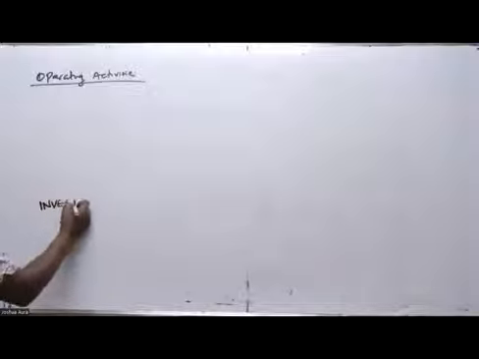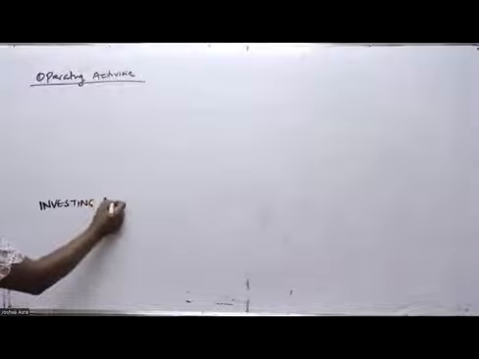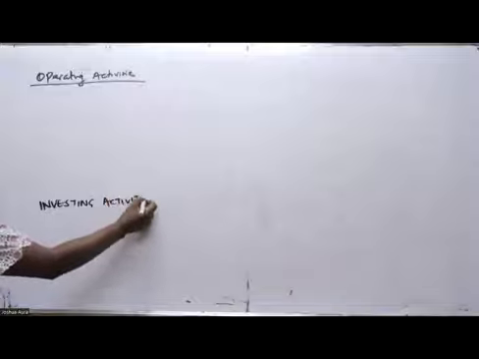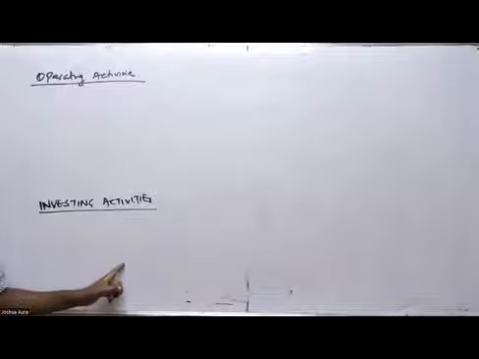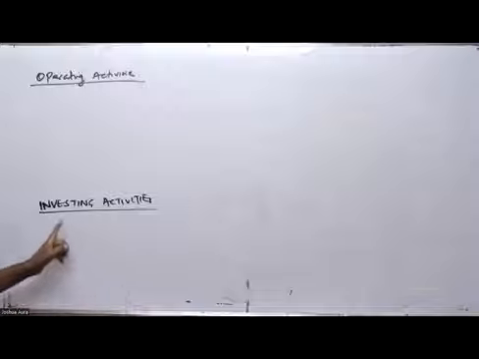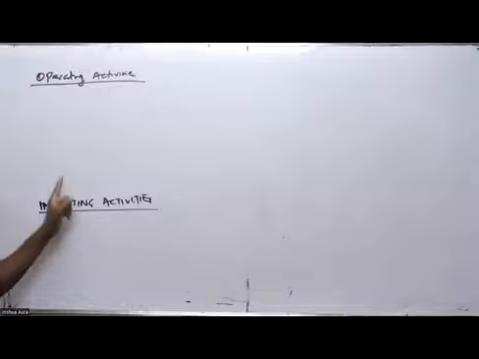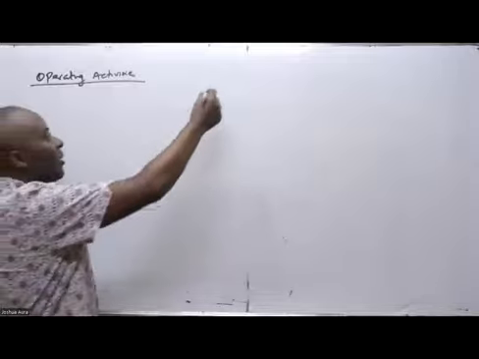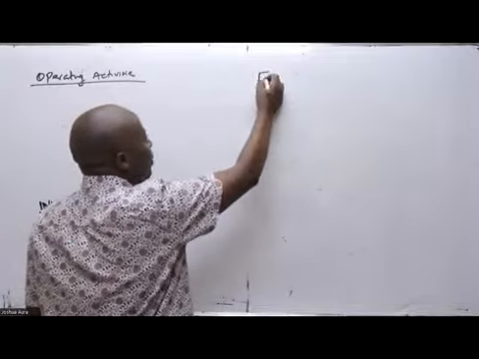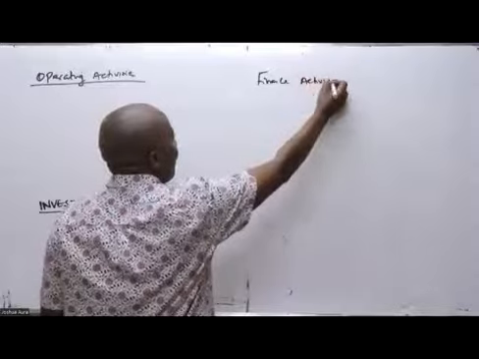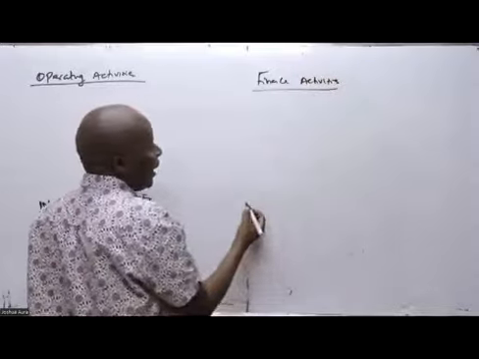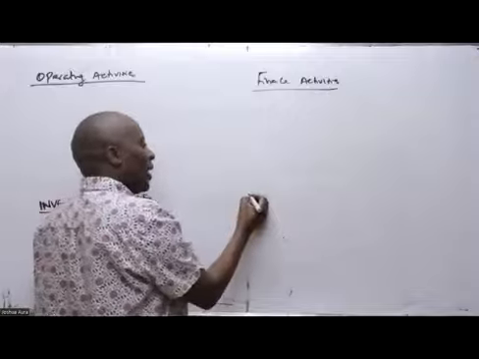Investing activities. If my board was big enough, I would have straight away written down here finance, but my board is not very good, it's not very big. So I'll come and write here financing activities. I skip some lines, and then I'll come and mention here add